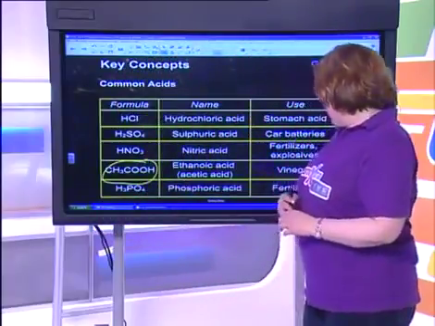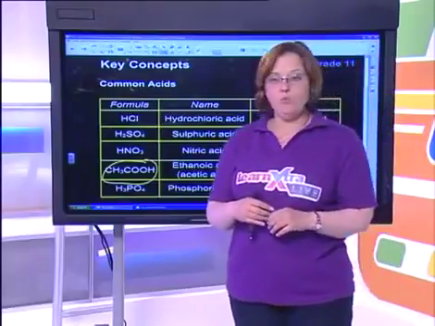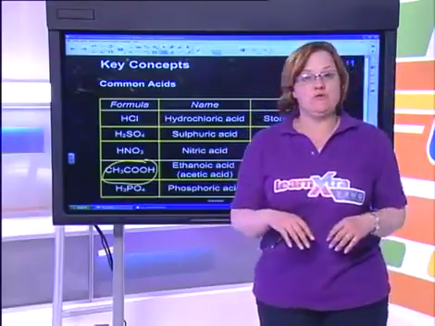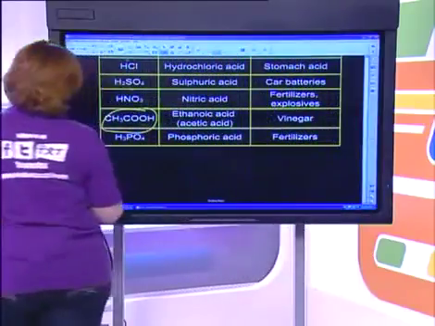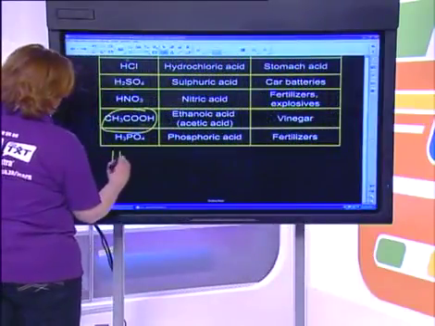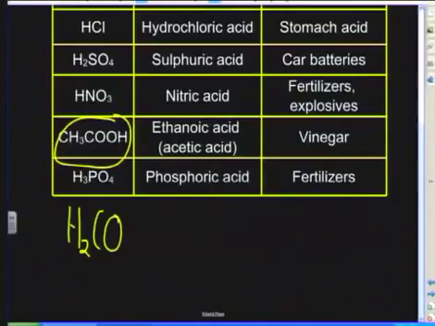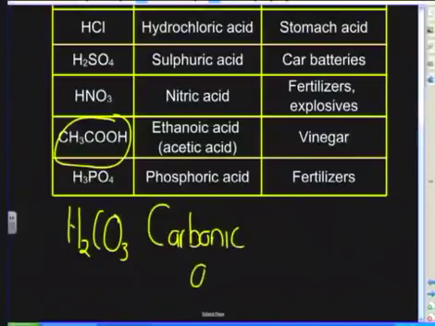Then we get phosphoric acid, H3PO4, which is also used in fertilizers. And I just want to add one more here, because I think you'll find this one quite interesting. It's H2CO3, which is known as carbonic acid. And hopefully I'm not going to freak you out too much, but it's the acid we find in cold drink,